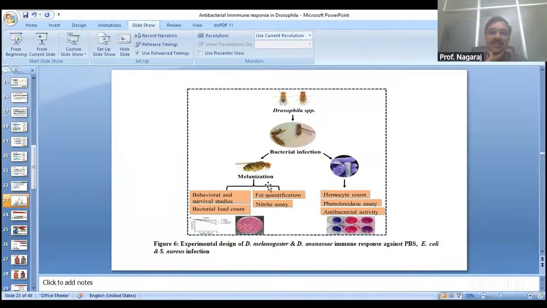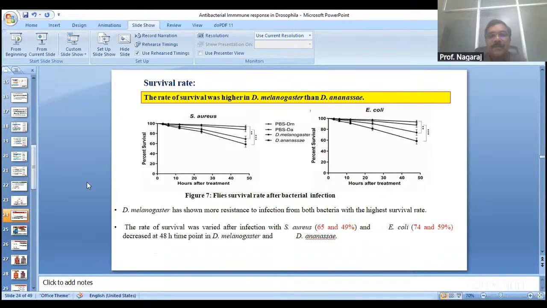We observed melanization at the site of pricking, and then we assessed some behavioral and survival studies, bacterial load count, fat quantification and nitrate production quantification. On the other side, we also counted hemocytes, did a phenol oxidase assay, an antibacterial activity assay and so on. And coming to the results of this experimental setup, first we looked at the survival rate,